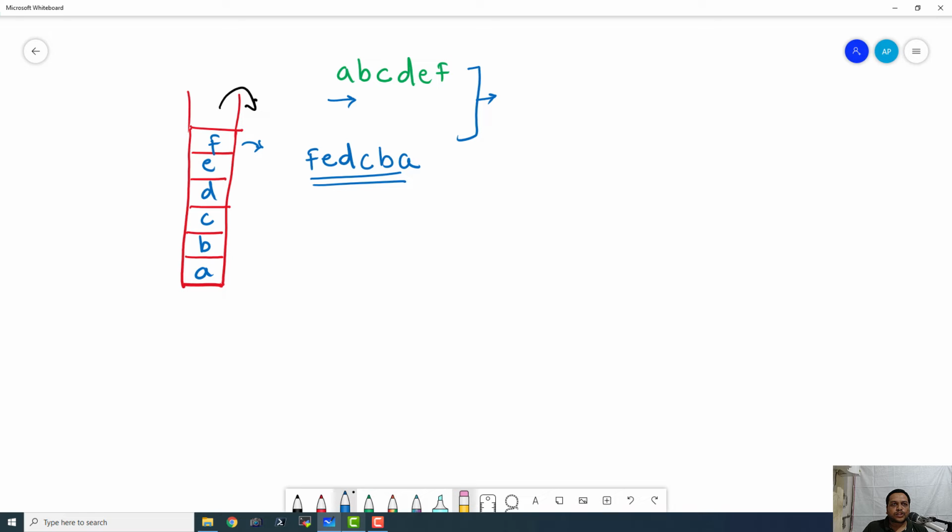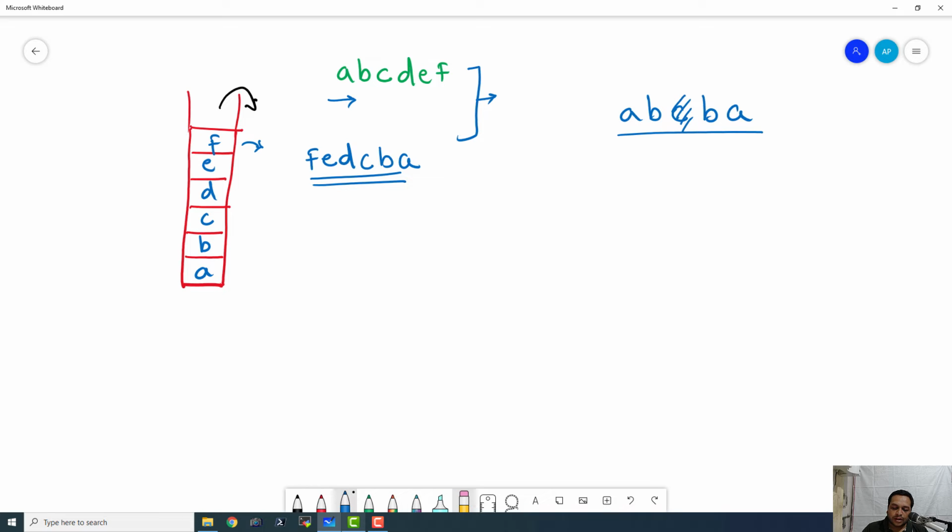We can also check whether a string is a palindrome in another way. Suppose there is a string A, B, C, B, A. If it is a string with odd length, then don't worry about the character in the middle.